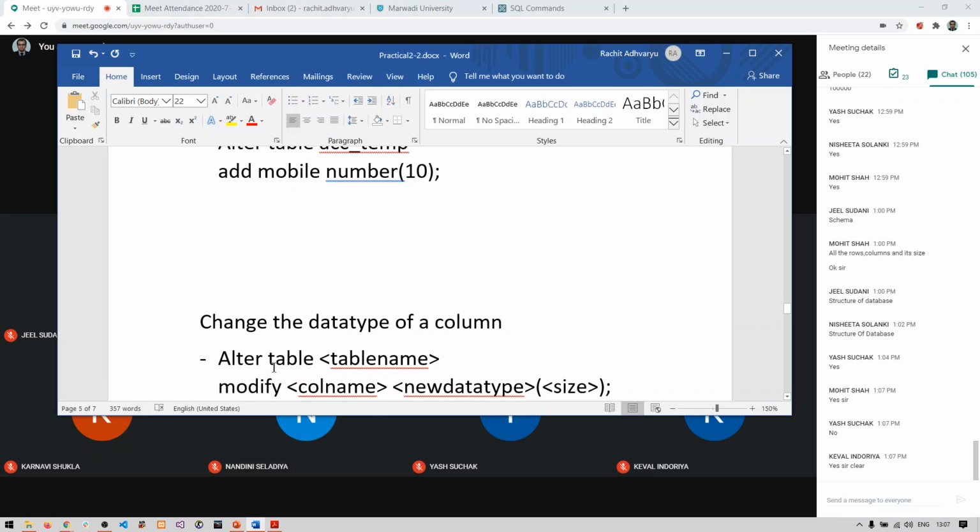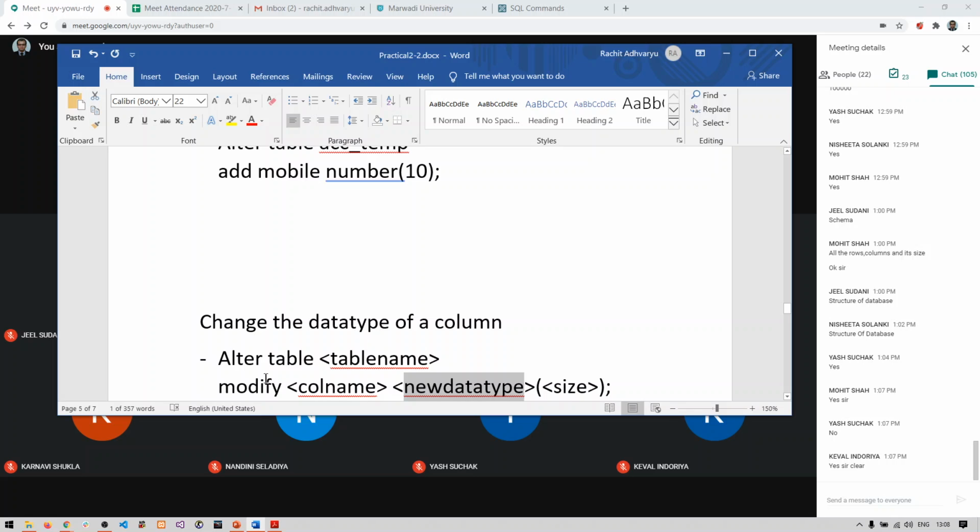The syntax is ALTER TABLE, table name is common, and then we write MODIFY, then the column name for which you want to change the data type, then the new data type, and in brackets the size.